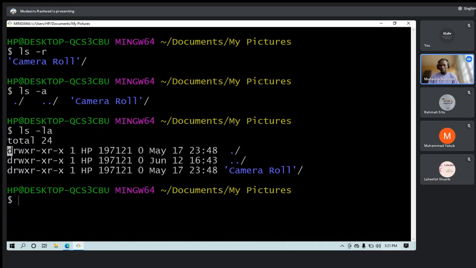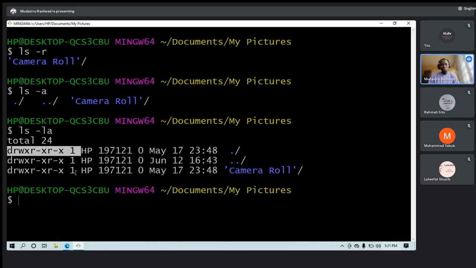This first bit says that it's a directory. I don't know, maybe you can see that. So it says it's a directory. We have read permission. We have write permission. You can execute it, like you can open it, you can do and undo on it, and it's also read. So this is basically telling us that these are the things we can do on that particular folder.